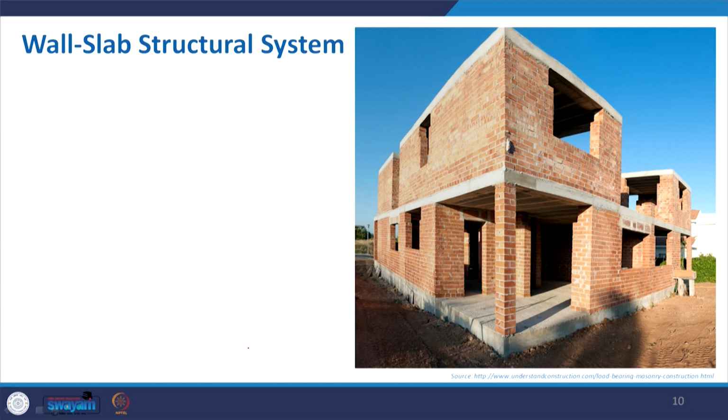Now, this is one example where you can see that there is no such column, and this is just like a brick pillar, but in most cases the slab is just resting on the wall. So, this is one composition. Now, the arrangement of wall is very crucial, because when you go for load bearing structure,